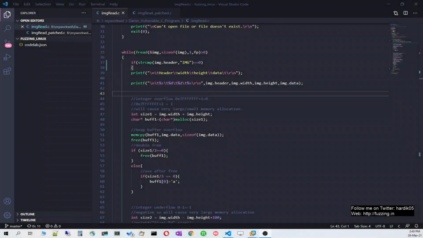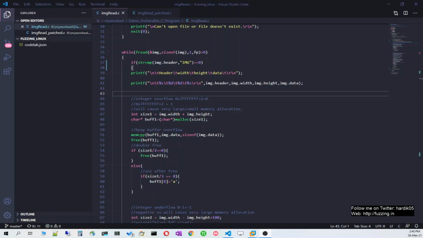In the last few videos, we have seen how we fuzz our damn vulnerable C program using various fuzzers. And in the last video, we have seen how we fix all the vulnerabilities which are present in this program. As I promised, I will create a video where we will discuss how we do binary diffing. So in this video, we are going to see how we do binary diffing and how we identify vulnerabilities in a patched DLL for which you don't have the source code.